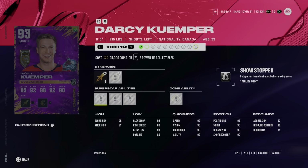99 speed, he's 6'5", 215. You're not going to get a much better goaltender. So if this doesn't work, then it's never going to, essentially. Obviously, it's very expensive to spend 21 power-up collectibles plus the 3 Hut Champs collectibles to get him. So he would be the 4th option here, but still a very good selection if you are looking for a